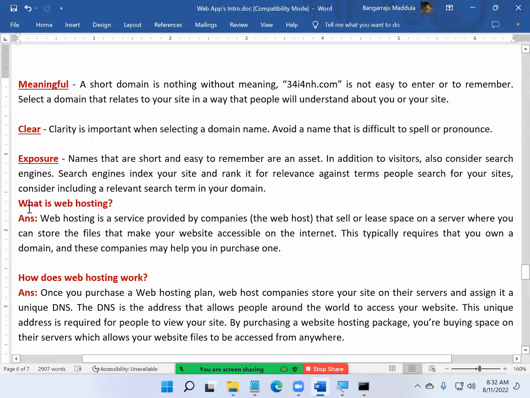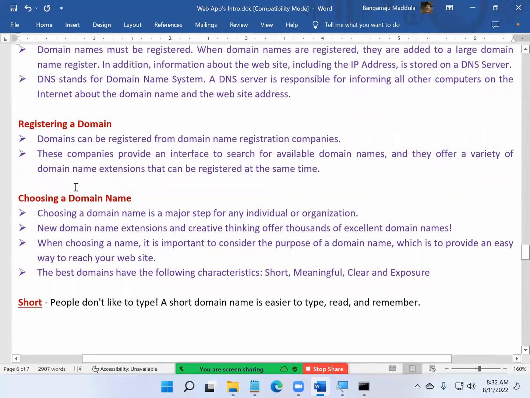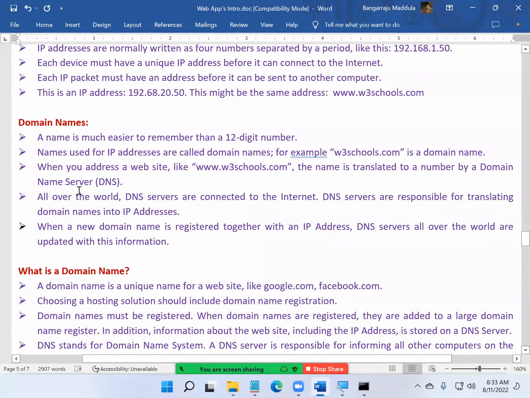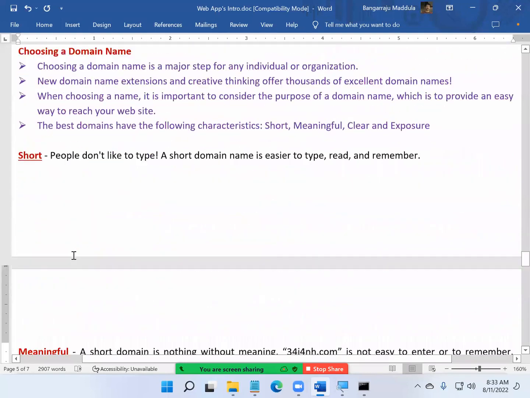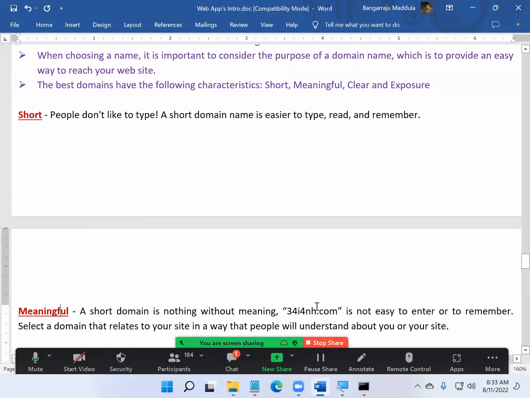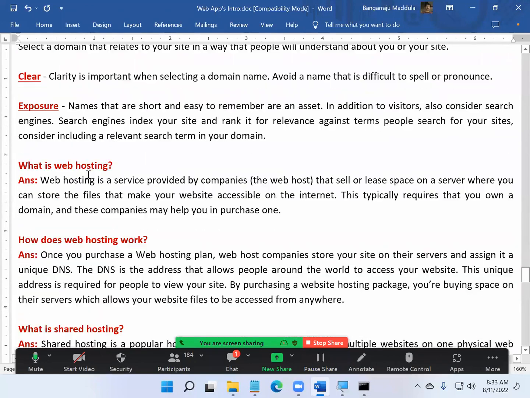Okay, so am I clear, guys? What are the important things you need to remember and consider for a domain? Is this domain important for us now? Yes, it's very, very important for us. Why? Because without that, our website cannot come into action. But every domain requires an IP address. That's another important point we are trying to understand and learn.